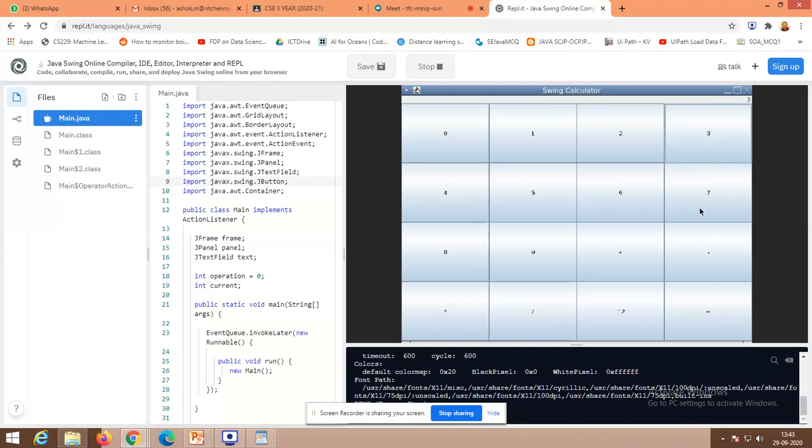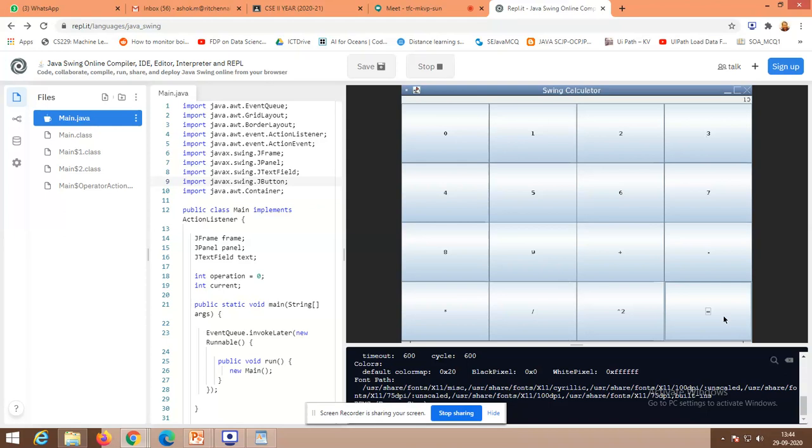Likewise, if I press 7, that 7 has to be displayed in the text field. Now 3 plus 7. If I press equal to, the variables stored in current and number will be evaluated against this operation, the addition of 3 and 7.